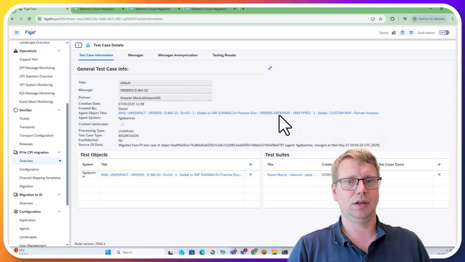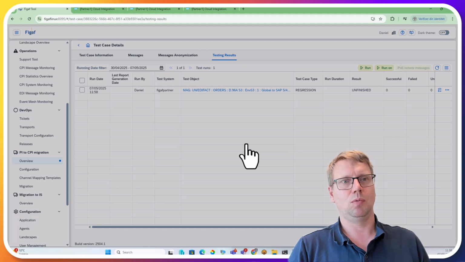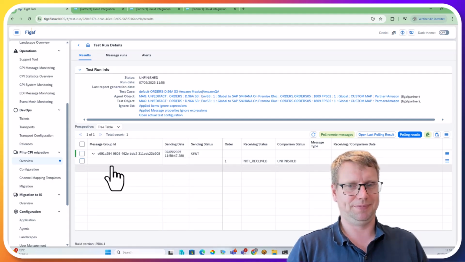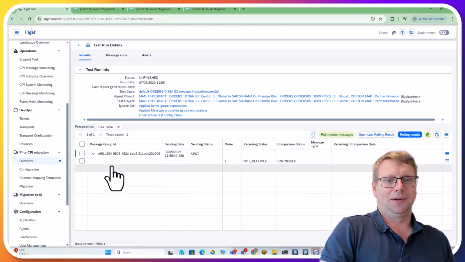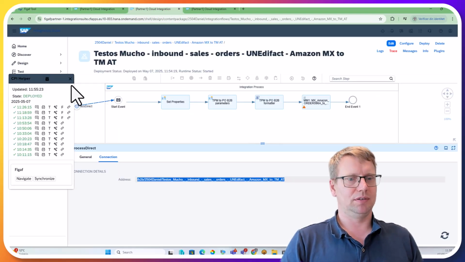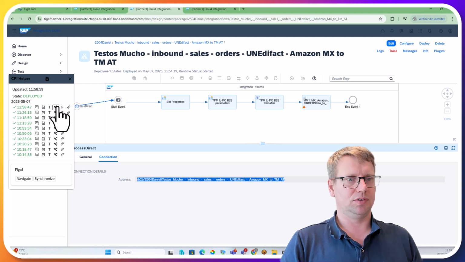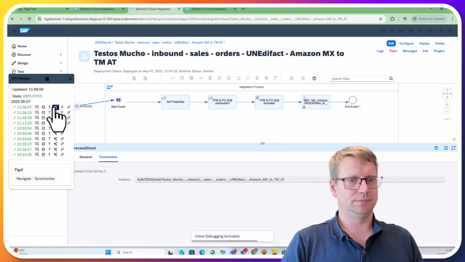And now we can see if we can actually run this. And if we run it, what is going to happen? So now it will be triggered, and we can see the message has now been processed. If we look at the details,